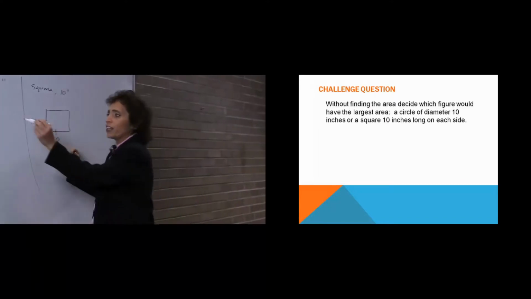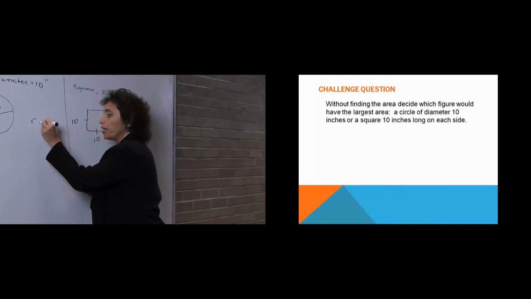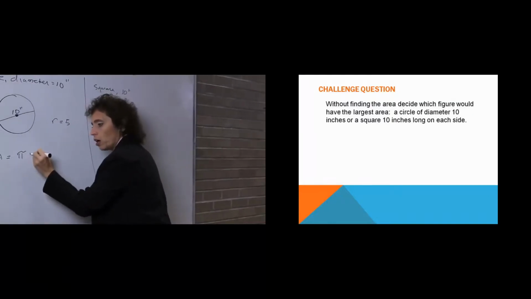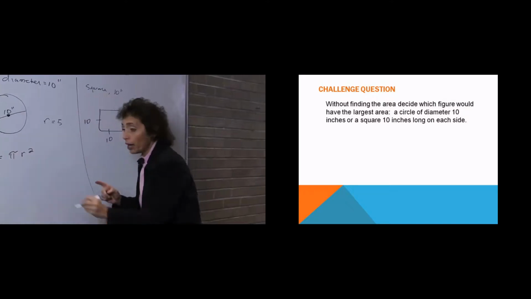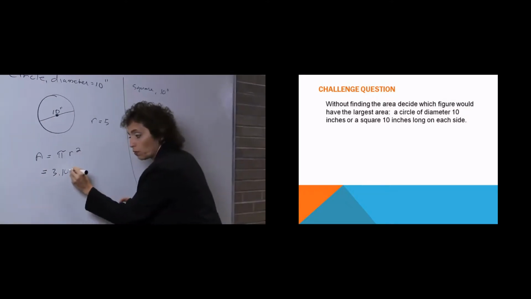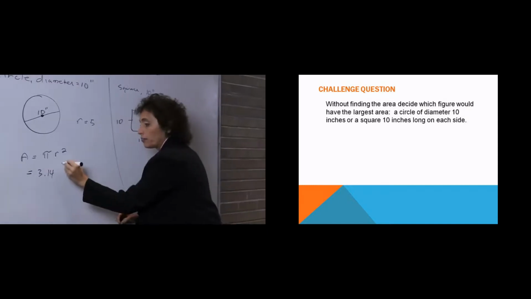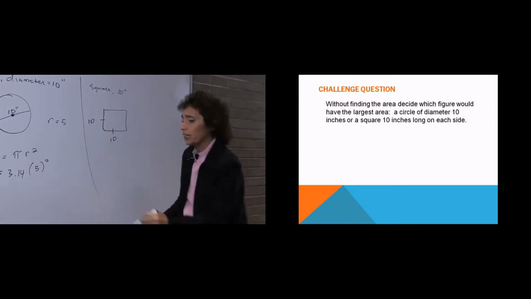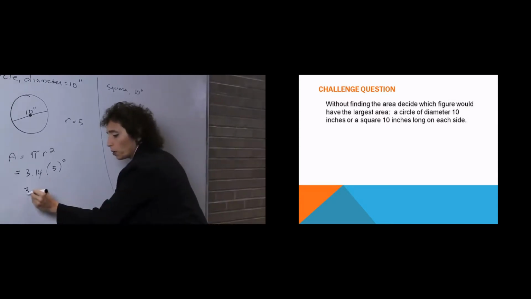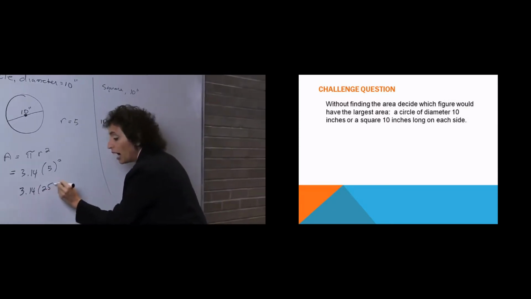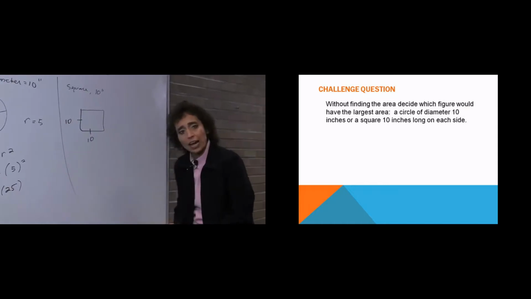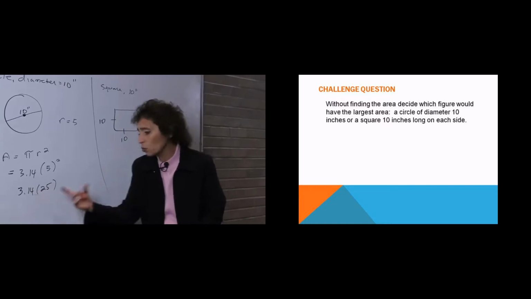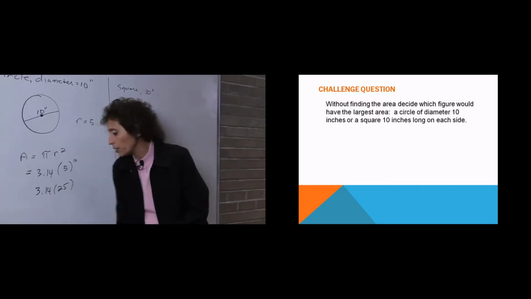All right. So if the diameter is 10, then we know the radius is 5. So to find the area, we're going to go pi r squared. Remember what pi is? Approximately 3.14, a little bigger than 3. We would have to take the radius, which is 5. And again, this is more or less going on almost in my head. This is 3.14 times 25. So that's what I would be multiplying to get the area, okay? And if you think about it, 3 times 25 is 75, so it's a little bit bigger than 75, okay?